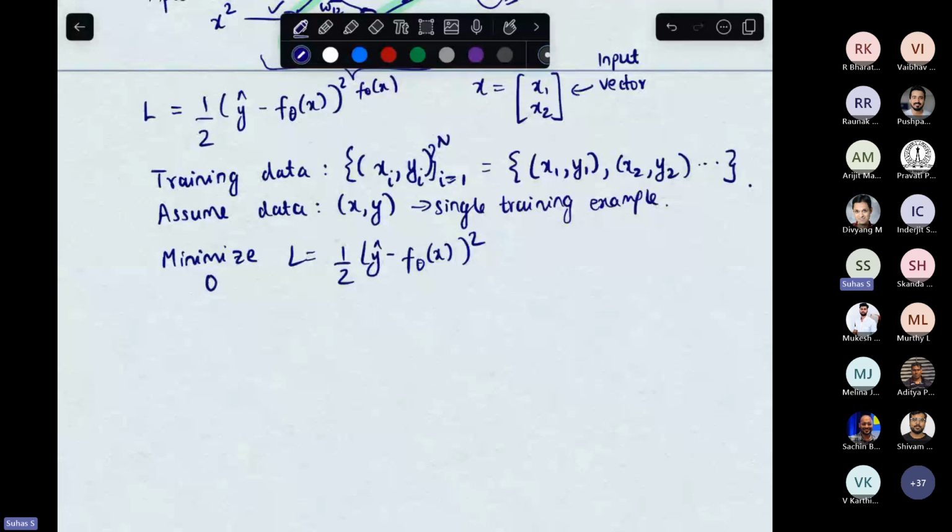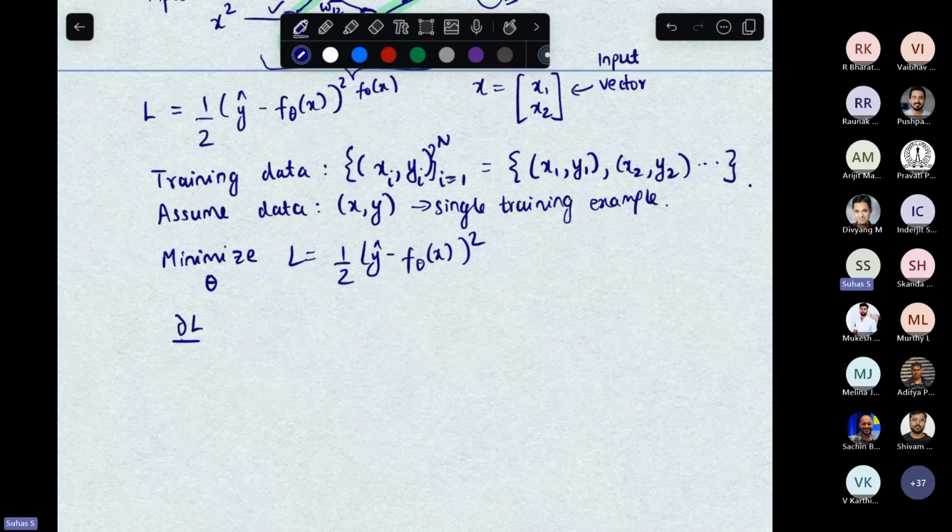We can change theta or the weights. So the natural step is to take the derivative of the loss with respect to some parameters in the network. So let's say Wij of L, which is the weight from node I of layer L to node J of layer L plus 1. And we take this derivative